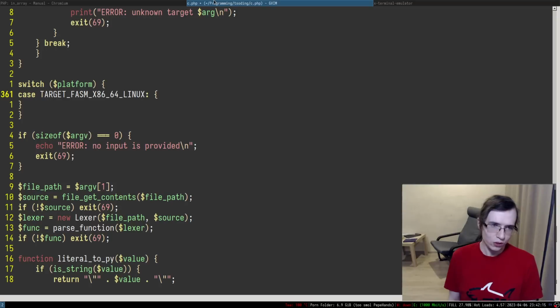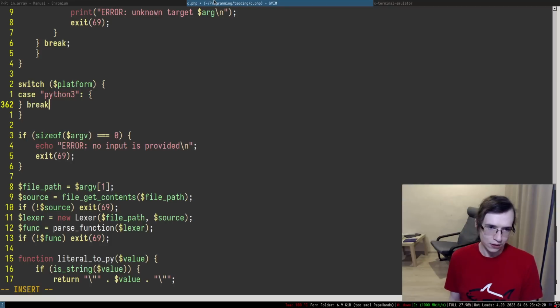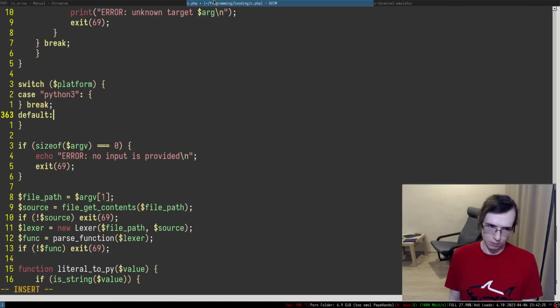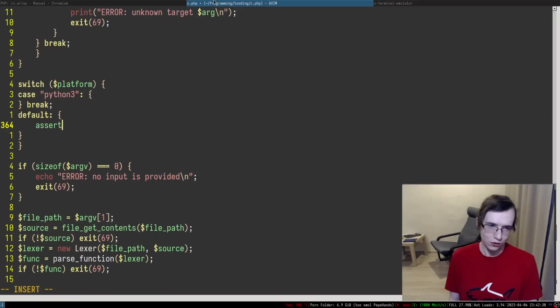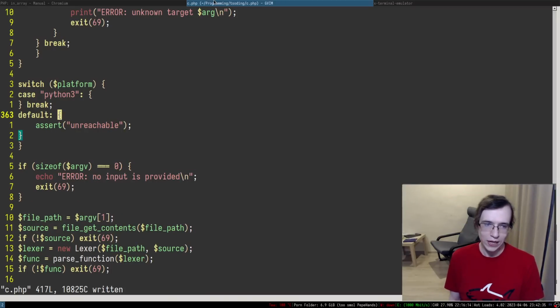So if I'm going to get rid of these constants, I'll have to provide things like this, which might actually be a problem if I make some sort of a typo in here. But what we can do is put some sort of an assertion here saying that this is going to be unreachable, and every time we add a new platform and test a new platform, we're going to hit an unreachable in here, and we're going to know that we need to add a new case in here.